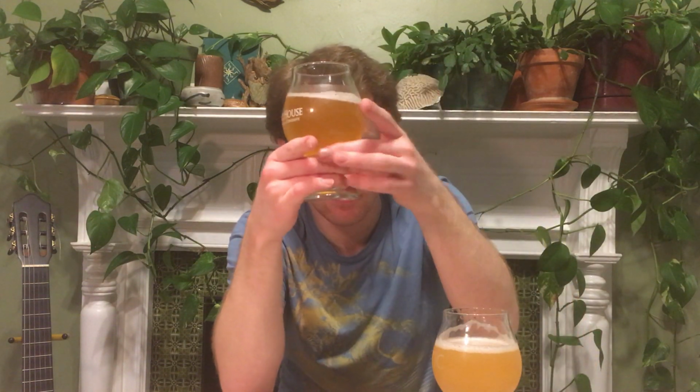That's too bad. I wonder if the bottom of the can will have some chunks or something, because that is very clear. I haven't seen a Trillium IPA that was that clear in a long time. A little disappointing, but a nice peachy quality to it. And